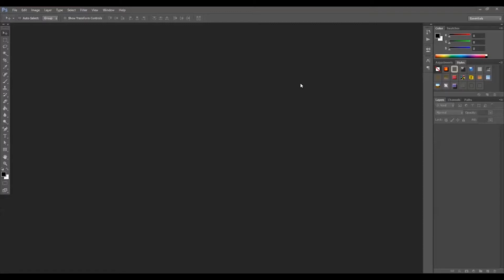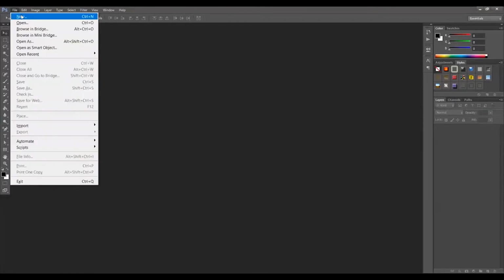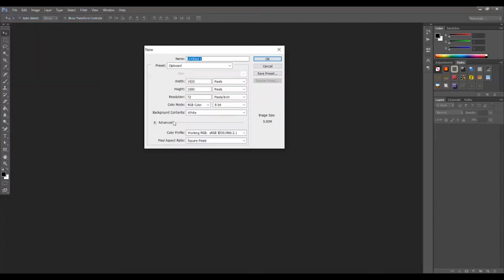I believe that the best way to understand tools and options in Photoshop is by using them, not explaining each and every tool itself. It won't actually work this way. Let's start and create our first project by going to File and then New, and by doing so, we will have this